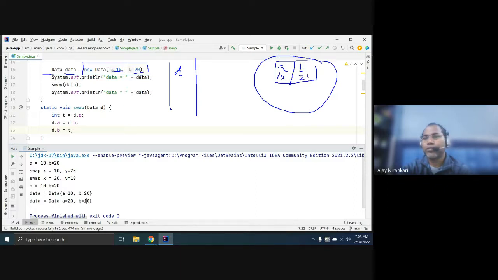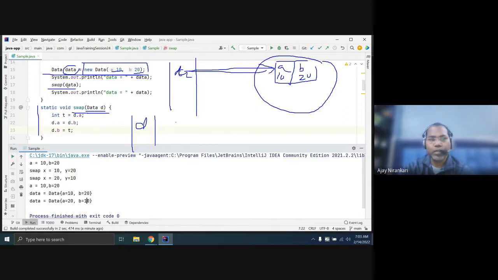Now you call the swap function. Whenever you call the swap function, a new stack frame is created for it. Here again you have a d variable. What does the d variable hold? Currently this data is pointing to this object.